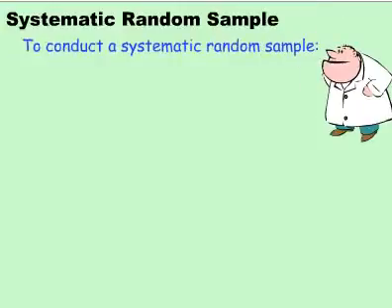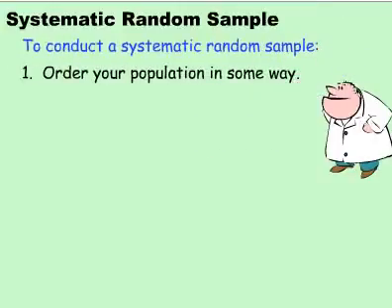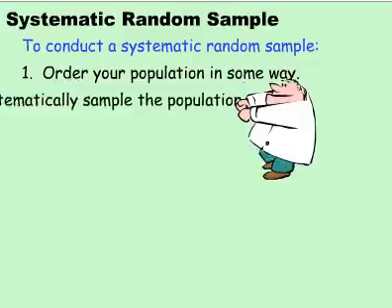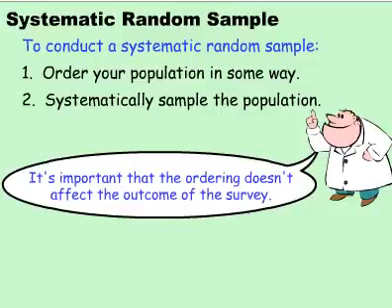sample. A systematic random sample is a good alternative to a random sample. It's often easier to do than a purely random sample, and it may well give a sample more representative of a population than a pure random sample. To conduct a systematic random sample, you first order your population in some way, say alphabetically. Then you systematically sample the population. Since a systematic random sample involves ordering a population, it's important that the ordering doesn't affect the outcome of the